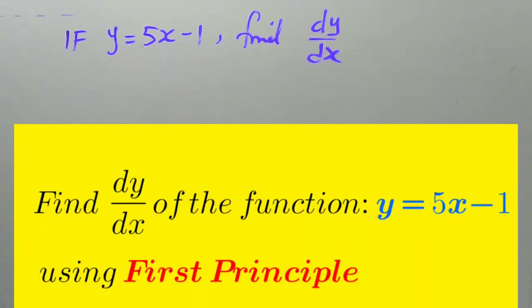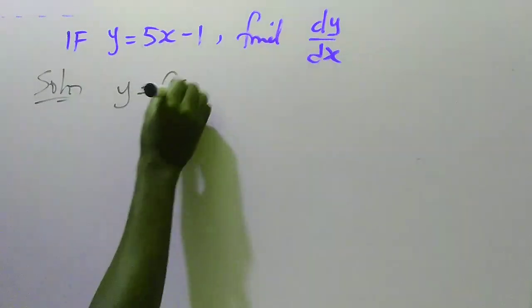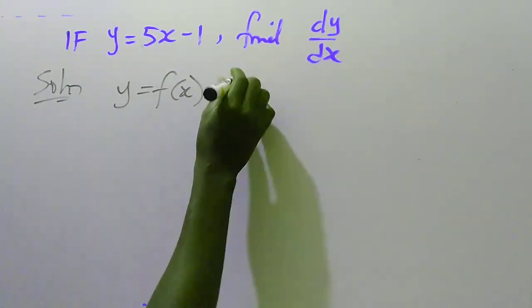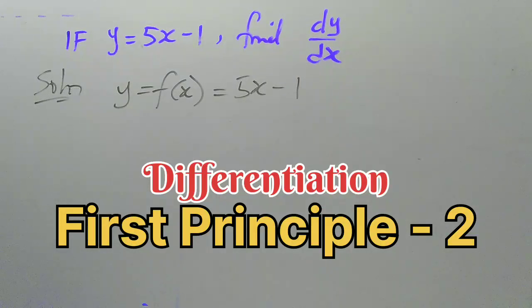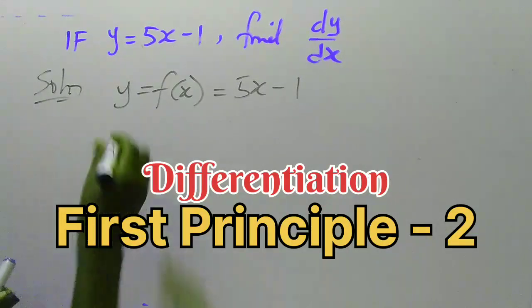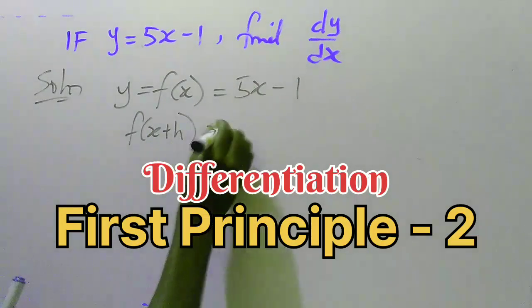Okay, so we are asked to find dy/dx by first principle. Okay, the first thing to do without wasting time is to say that let y equals f of x, because it's actually a function of x, and that is f of x equals 5x minus 1. Okay, now next is to get our f of x plus h, because these are the two